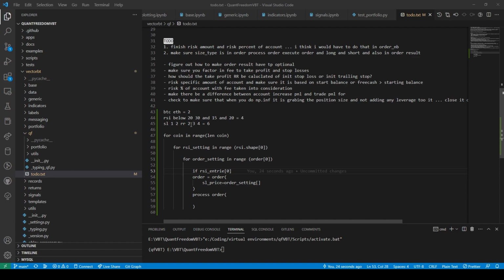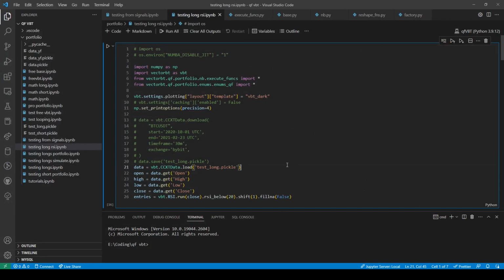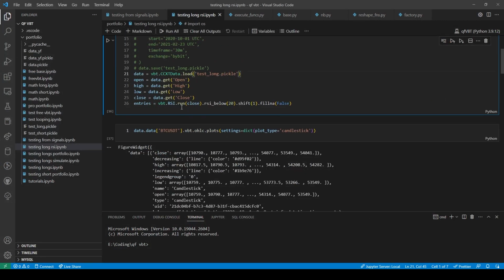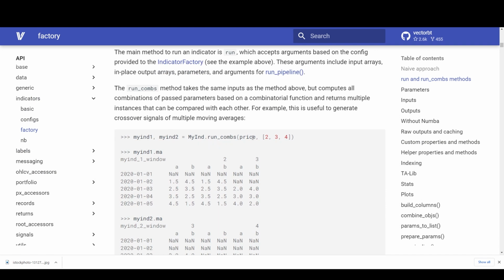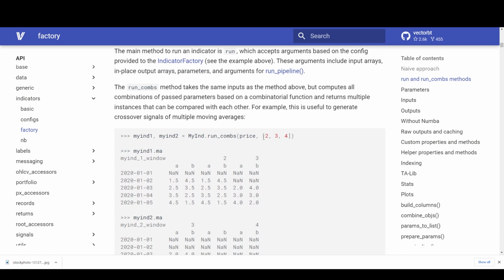Actually, I think that the way this works is the run combos would be combo run comms. So I think the way this run comms works is you send it the price.